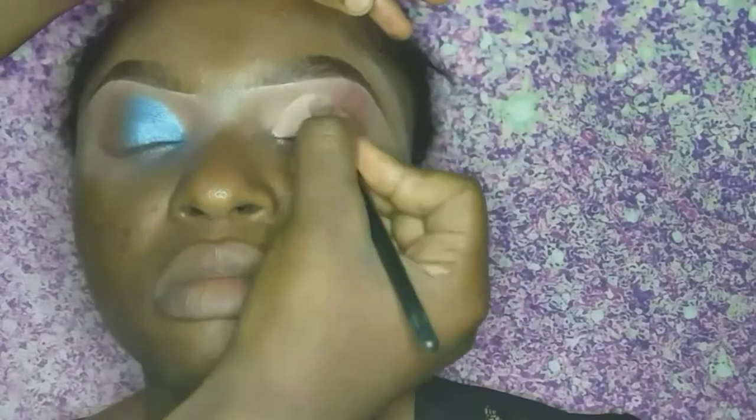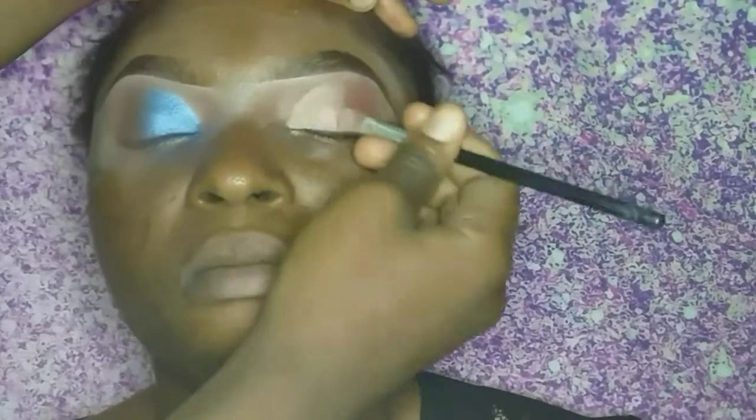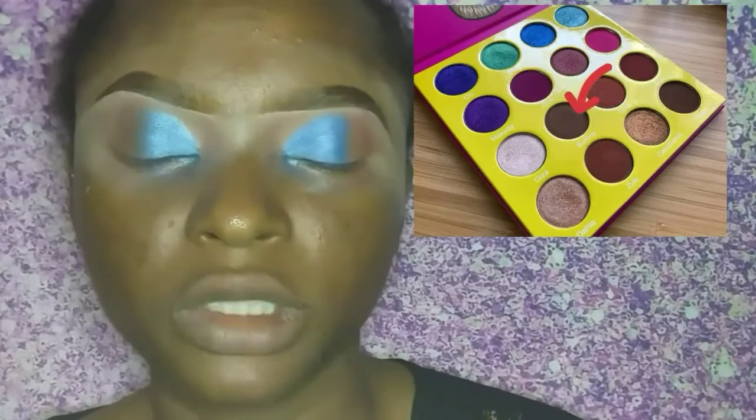Then I'm going to take a powder shade. I'm going to use it to blend all my shadows even to the outer region, so it just defines everything more. When I'm done with that, I'm just going to line my eyes, and I'm not doing a slim liner today. My liner is going to be a bit. So after which I'm just going to fix my lashes, and then I'll